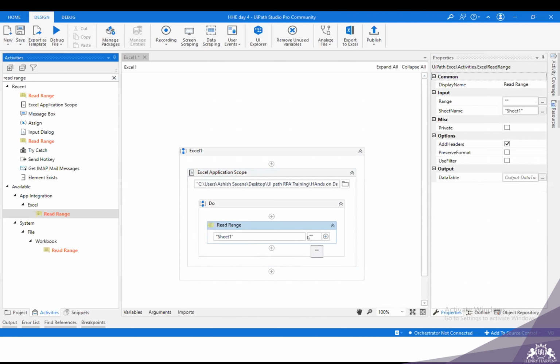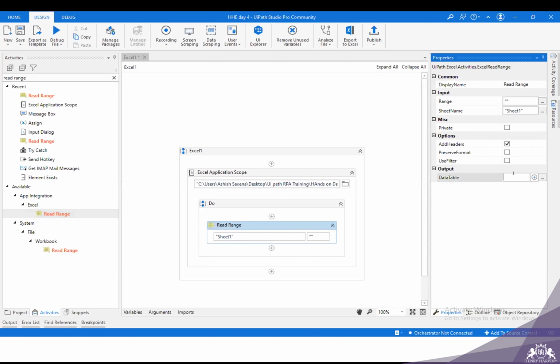If this is null, or double quotes without any value here, that means it will read each and every cell of the Excel sheet which you have provided. If you want to specify some range like A1 to C18 or B2 to K11, you can specify it, but it is always recommended to keep it null, because you may add some more data later on in that sheet. Read range can be used with a null range, that means double quotes without any value in it.